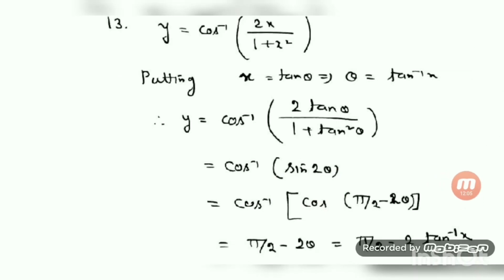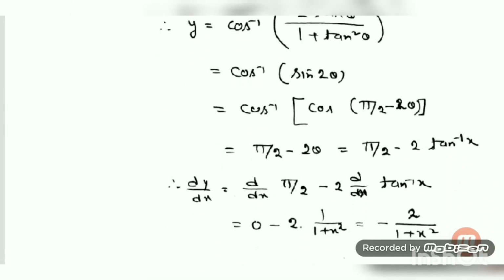Right? So if you want to convert this in terms of cos, as there we have cos inverse, use the help of the associated angle. That is pi by 2 minus 2 theta, as cos inverse of cos theta will give you this one. So pi by 2 minus 2 theta. That is pi by 2 minus 2 theta, where theta means tan inverse of x.